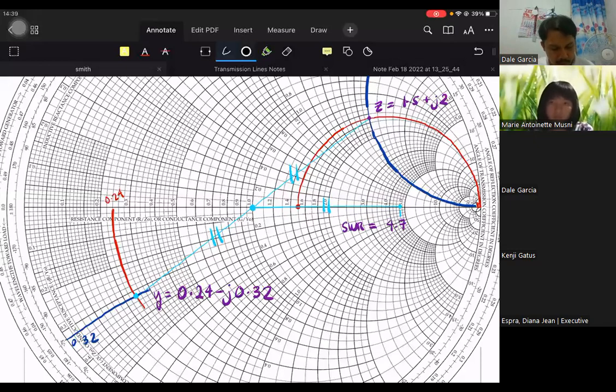Rotate clockwise around the outer scale beginning from the load until it's